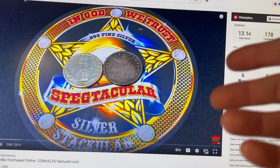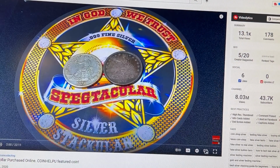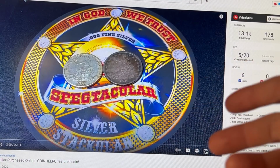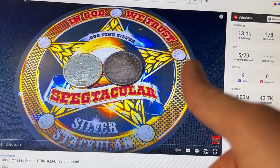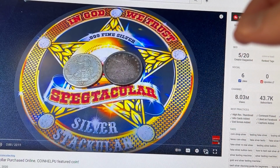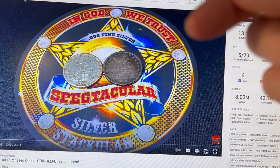Coin Help You is another YouTuber. He sent me this coin because he identified the coin as a counterfeit. And so I said, hey, can you send that coin to me so I can teach others about it? And he did. So Coin Help You identified it as a counterfeit via, I think, the Sigma showed it as being kind of off. So the Sigma, and this is me going long-winded because there's a lot of information here,